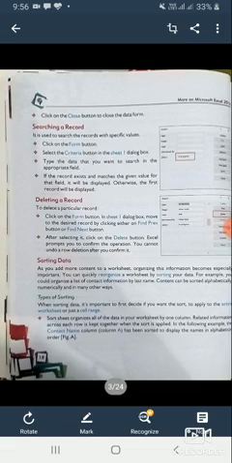Now next is sorting data. First of all, what is the meaning of sorting? Sorting means arranging your numbers in increasing or decreasing order, or arranging text from A to Z or Z to A. Let's take an example of your class.